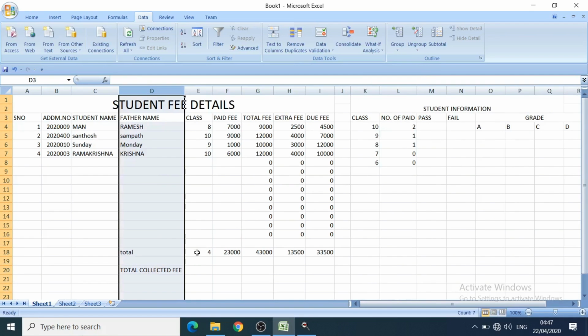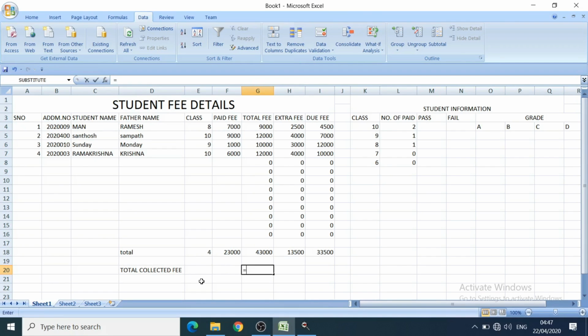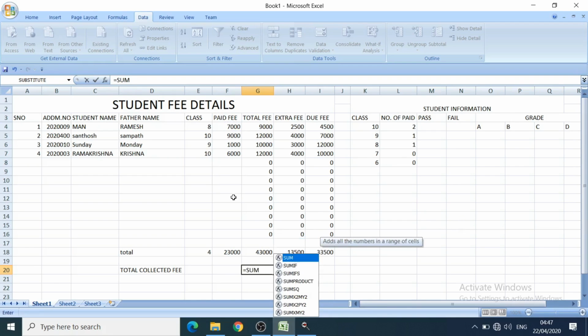Here you can see that I am taking how much collected fee is there. That will be the paid fee, that is the collected fee, equal to the sum taken from here.